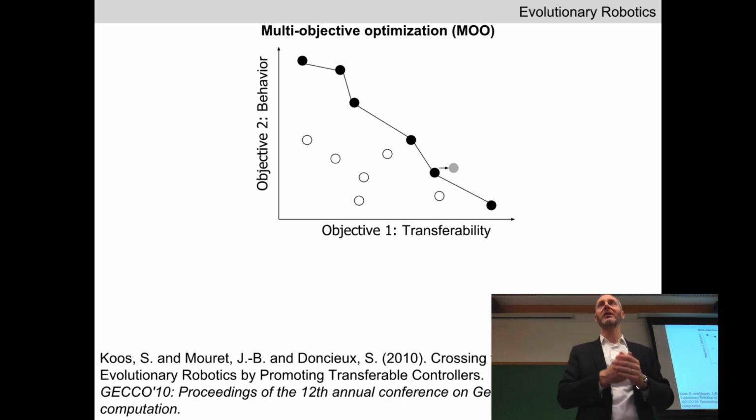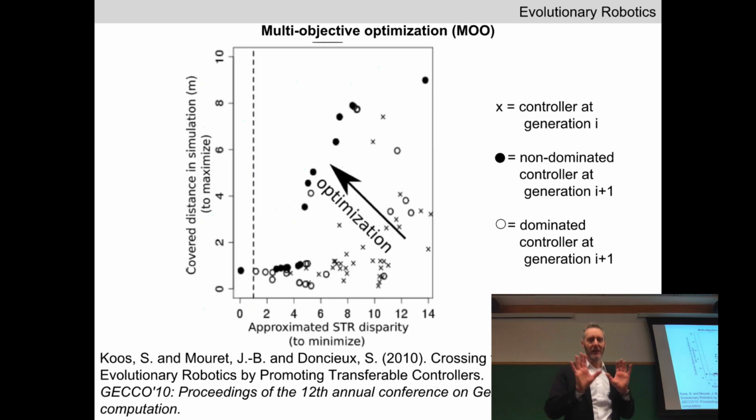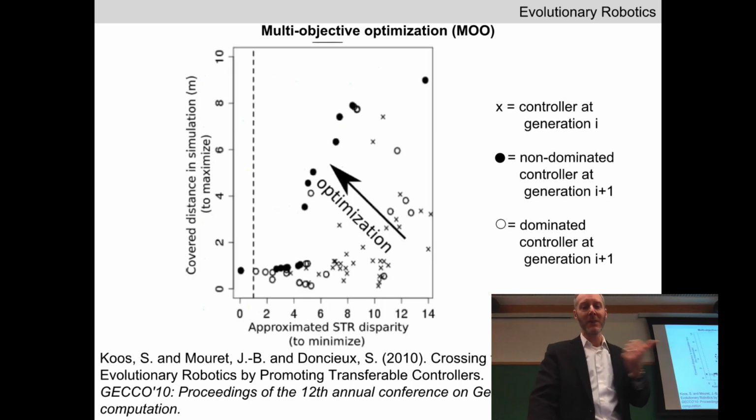So let's come back to the reality gap. How is this going to work if we're actually transferring every controller from simulation to reality? That doesn't make much sense. Let's look at some real data first. And I apologize, in this project, they go back and forth between trying to get better at transferability, meaning moving further to the right, or minimizing disparity or distance, which means moving to the left. They're both the same thing. It's either this or this.